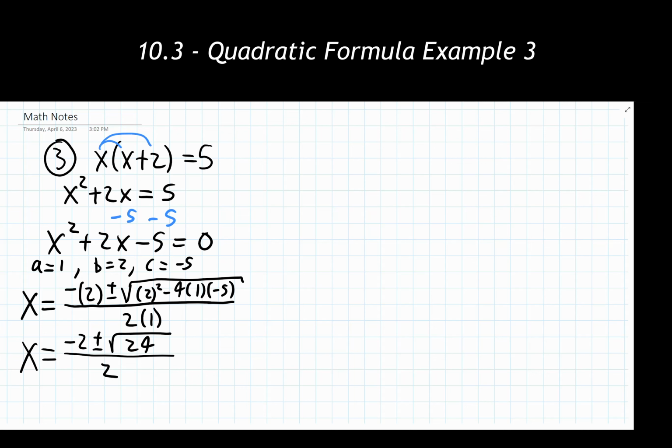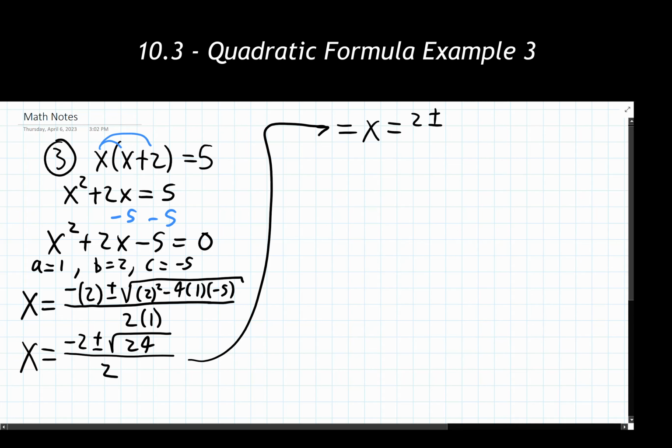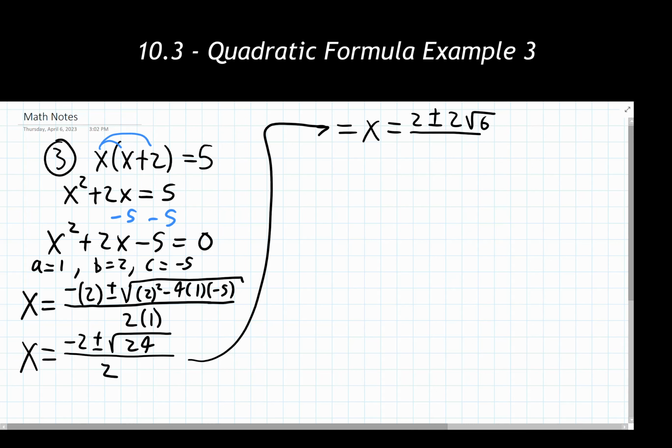So now I'm getting that I have 24 inside the radical, and I need to work with and simplify that down as best I possibly can. If you need to, reference the Chapter 9 material on how we simplify down radicals. But in the process of doing so, we should be rewriting this into 2 times the square root of 6, and then all of that is being divided by 2 as well. From here, whoops, I need to make sure I have a negative 2 up front.